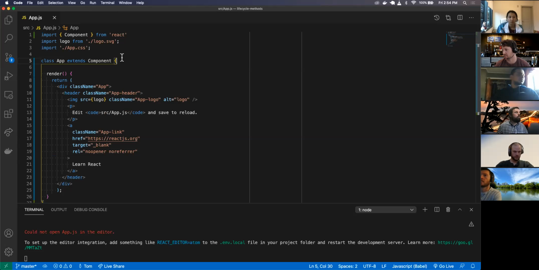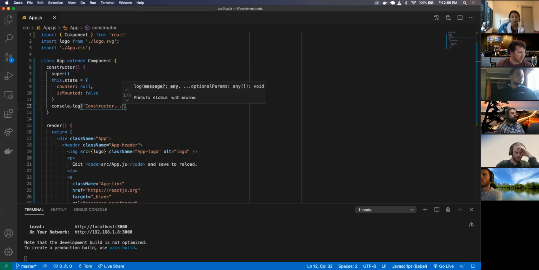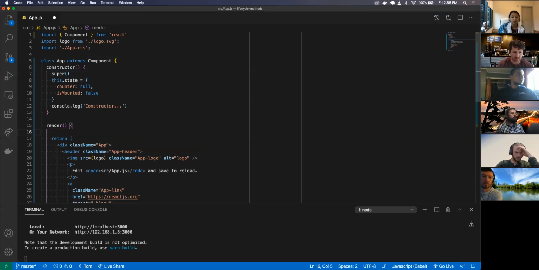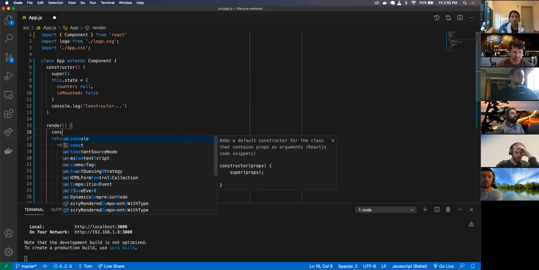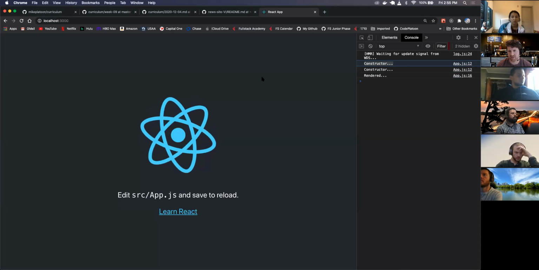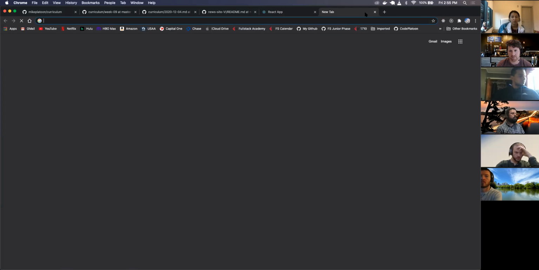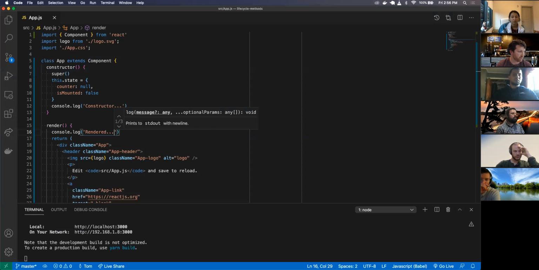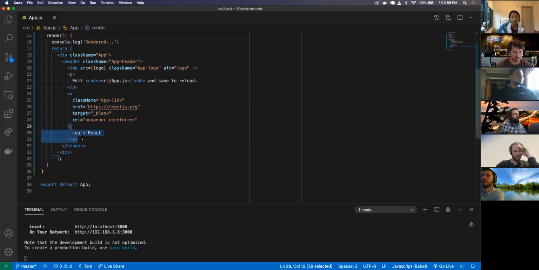So if I refresh that, I come over here, notice how the constructor is automatically called first. And then what's the next thing that's called? I'm just going to console log render down here, like so, and it's going to refresh. We have the constructor initially called, and then the render method is called. So I'm just going to get rid of all of this crap